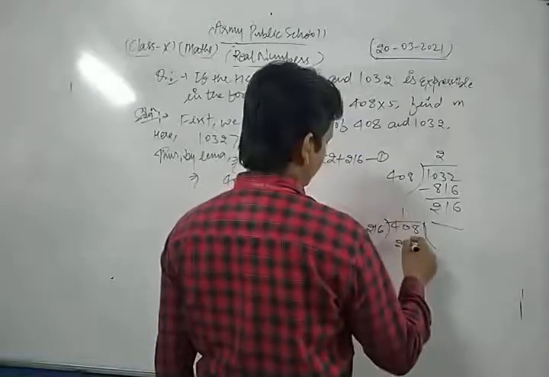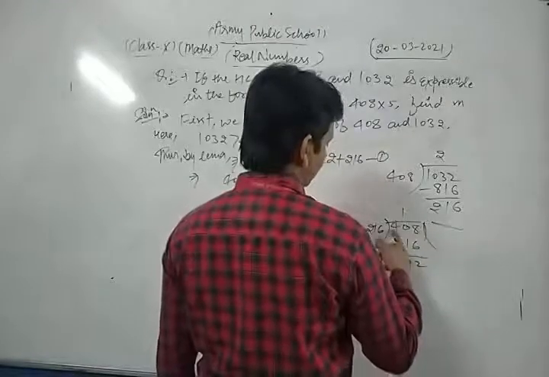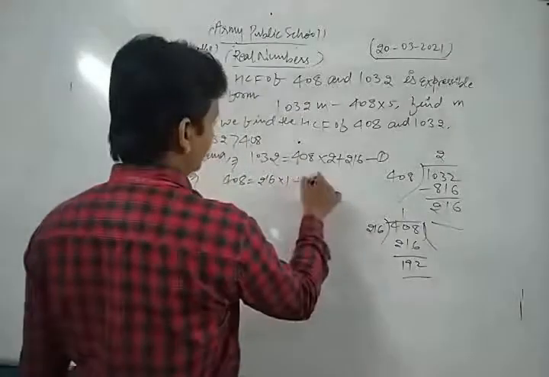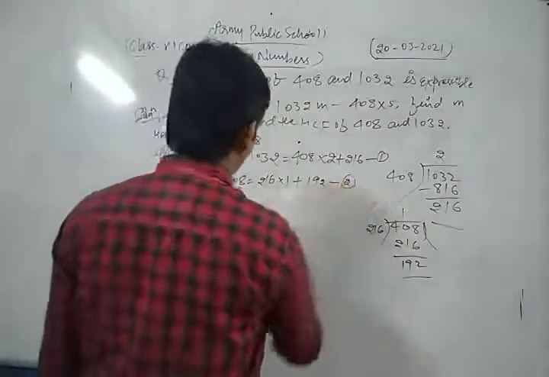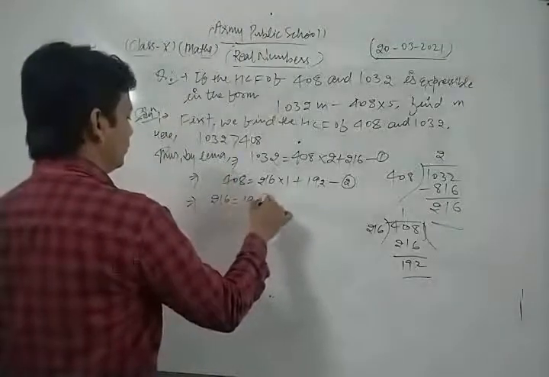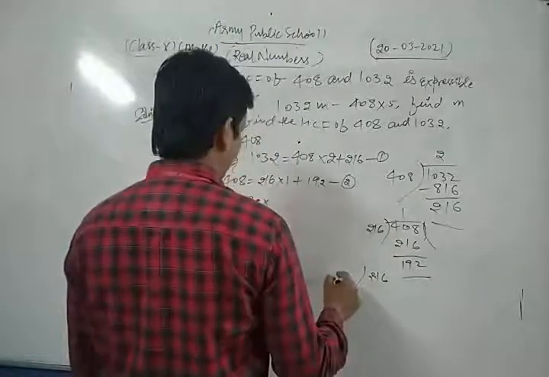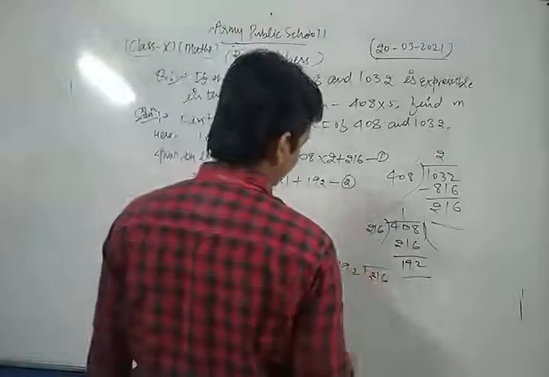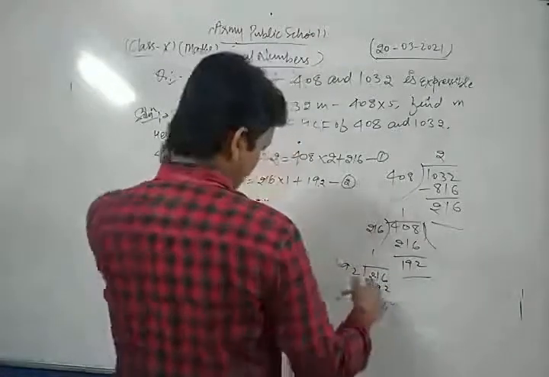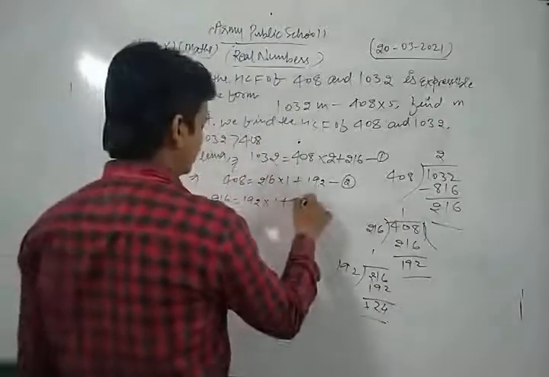So one time this is 216, 2, this is 9, this is 3. So this is 192. 216 minus 192 gives 1 plus 192, this is 2. Thus again we divide 216 by 192. Let's see. 1 times 192, this is 4 and this is 24. Okay, so 192 into 1 plus 24.